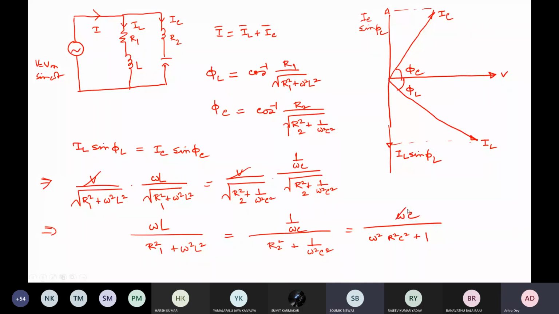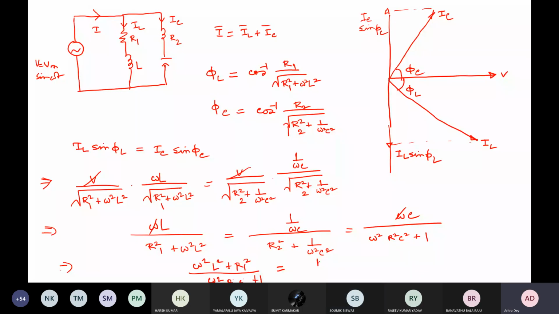So this omega and this omega will cancel out. So we are left with what? Omega square L square divided by R1 square, over omega square R2 square C square plus 1, is equal to